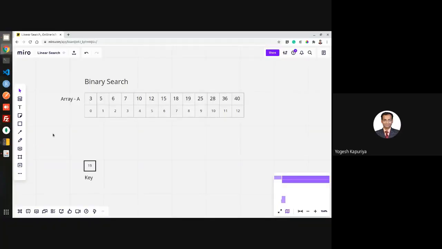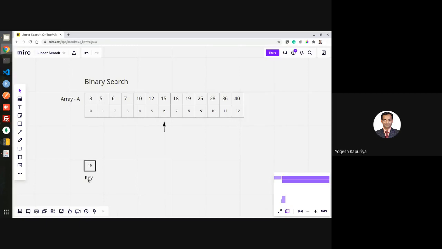Binary search is based on the divide and conquer approach. So the same technique which we have discussed in merge sort or quick sort is applied over here. In the divide and conquer approach, what you are doing first is dividing your problem statement. So here we are dividing it by finding out the midpoint. So what is the midpoint? It's 0 plus 12, right? So midpoint is left plus right by 2. So 0 plus 12 by 2, that is 6. So this is actually your midpoint.